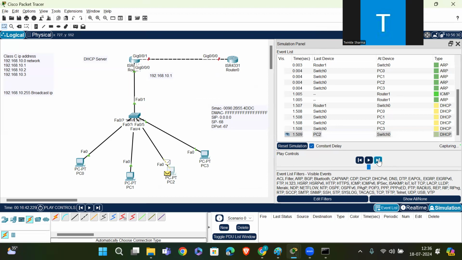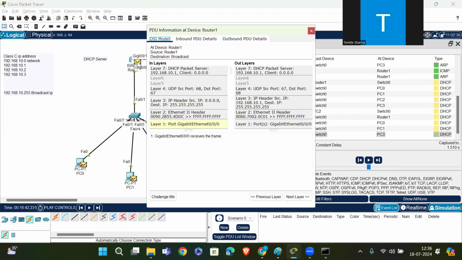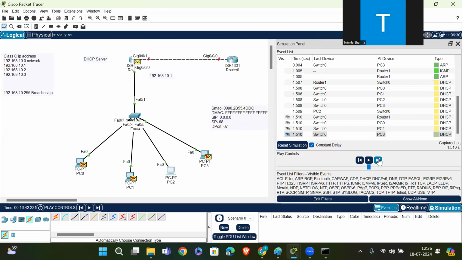Then this PC sends the reply. The switch broadcasts it, and it is received by the server. Then the DHCP server will send the acknowledgement.